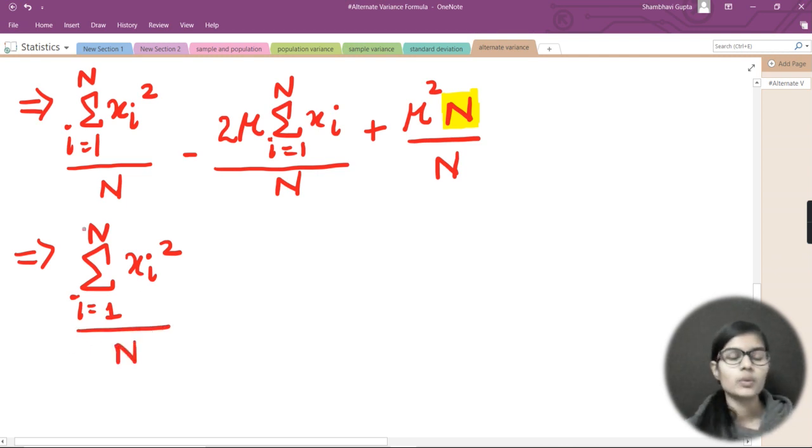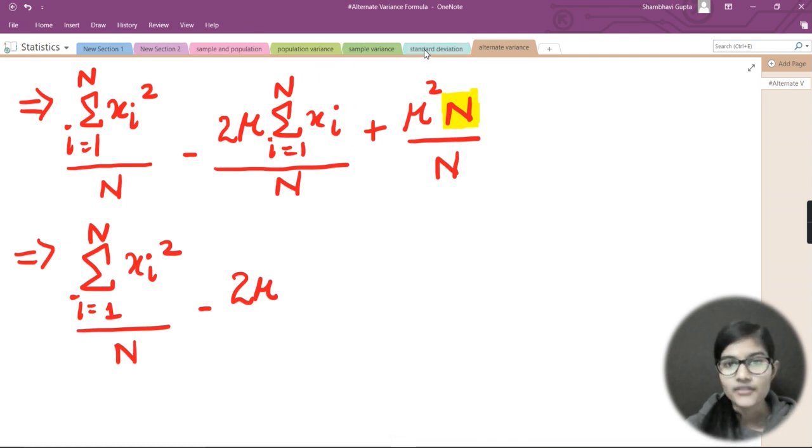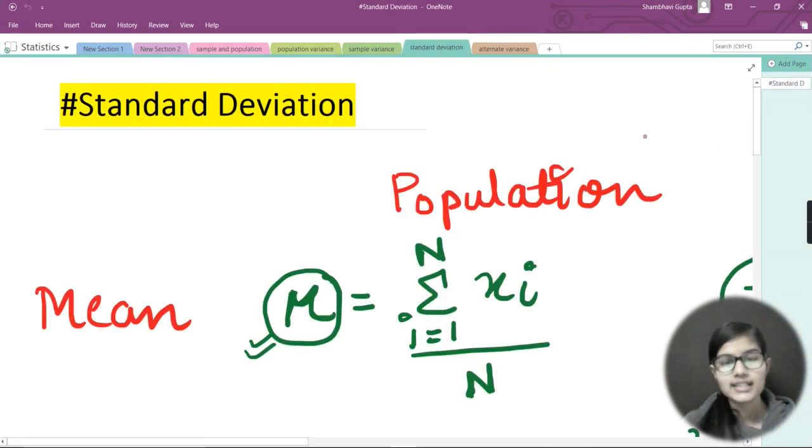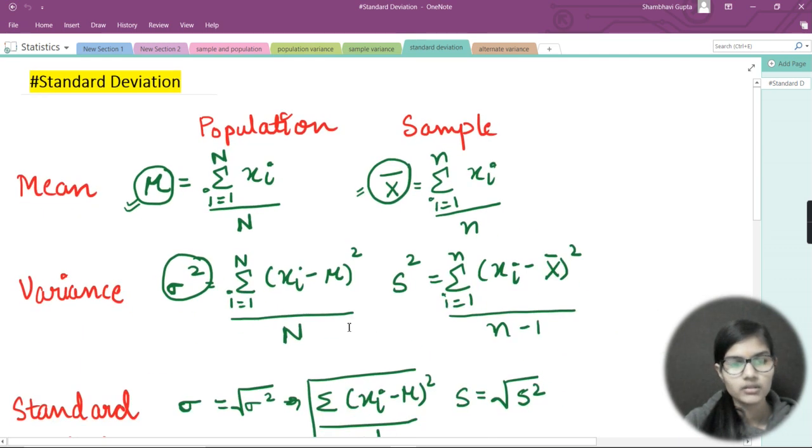So just let me know, do you see any formula here? No, you don't see, because we haven't studied a formula which contains xi whole square, right? But have we studied a formula which contains this thing, that is sigma, that is summation i is equal to 1 to n xi upon n? Have we seen this formula somewhere? Yes, we have seen. Let me take you to the previous slide.